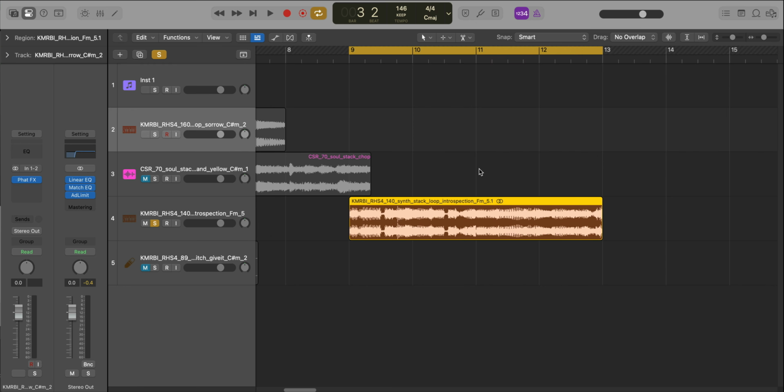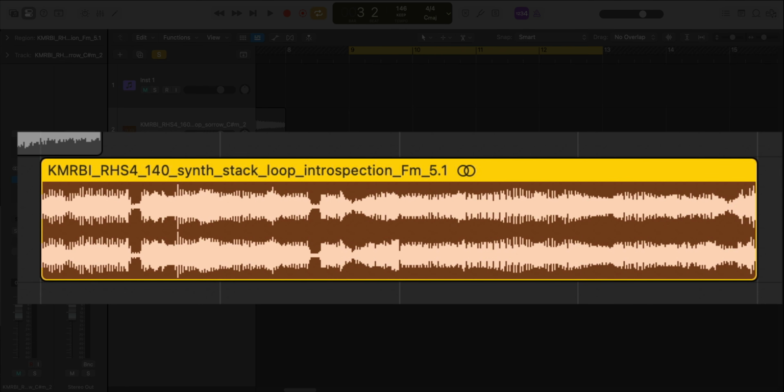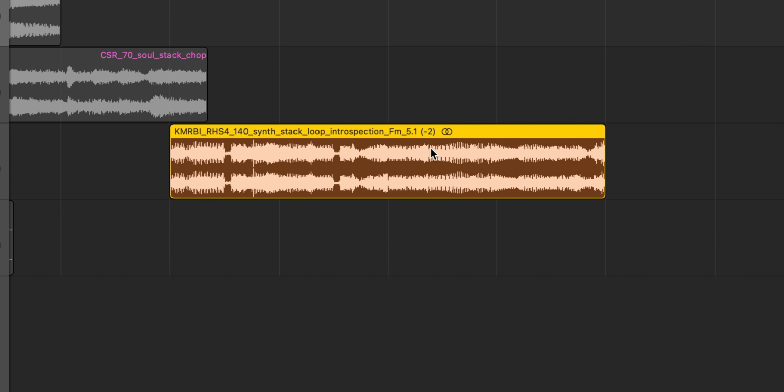And then for this one, because the loop is in F minor, we got to transpose that to C# minor. So in this case, we're going to go lower by 4 semitones. 1, 2, 3, 4. For that shortcut, I used Option arrow down. And if we hit play,